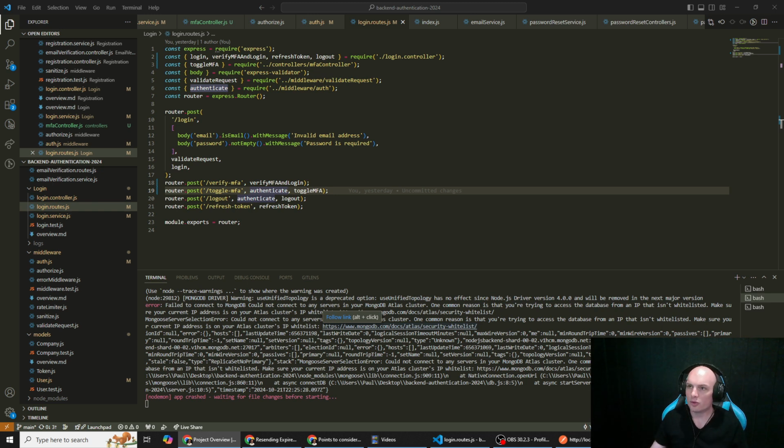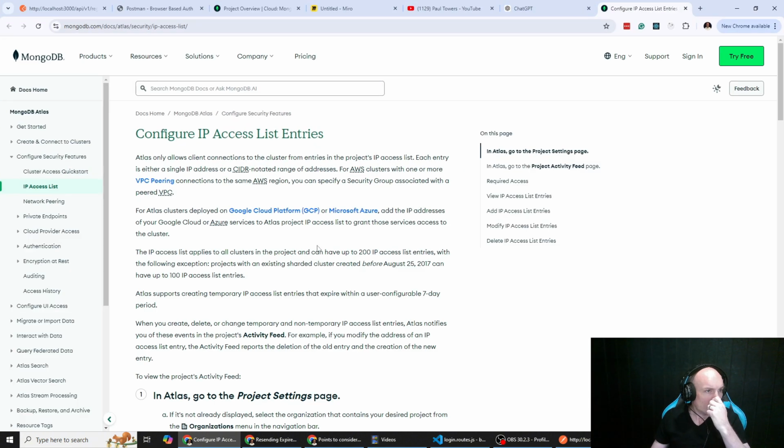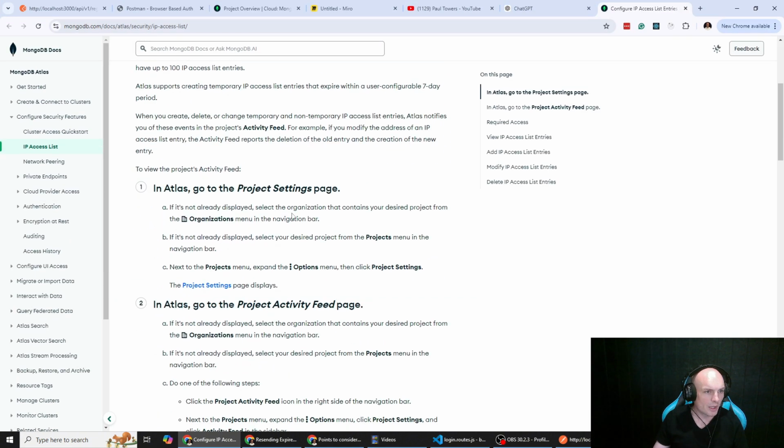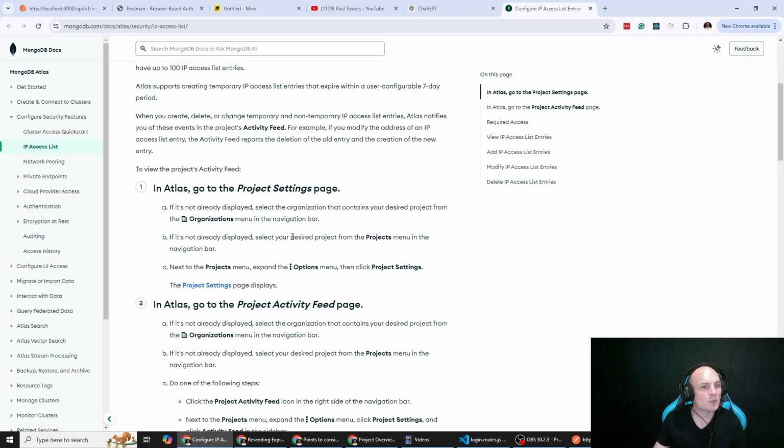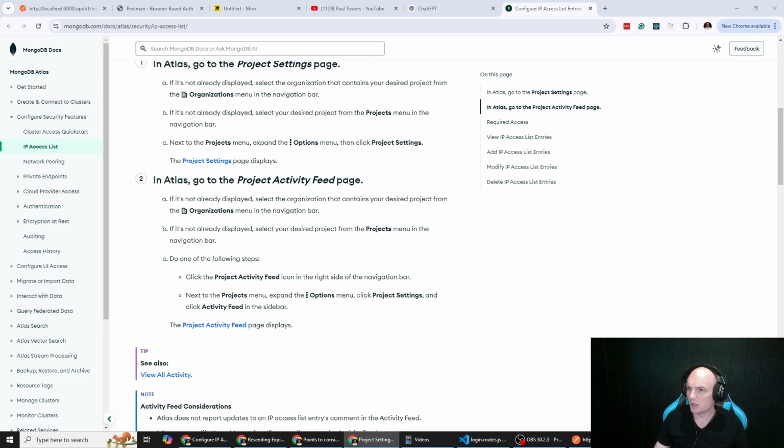Okay, and then go to Atlas project settings. Organizations, which we're in, select your projects, go to the options menu next to the projects menu. There's the options. Project settings. Okay, and